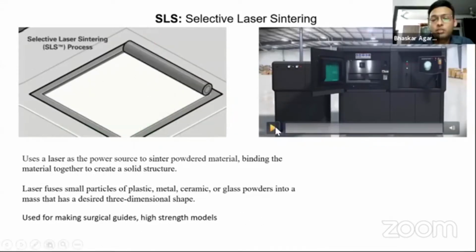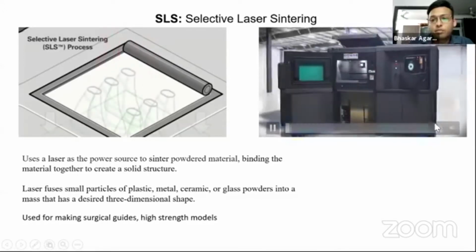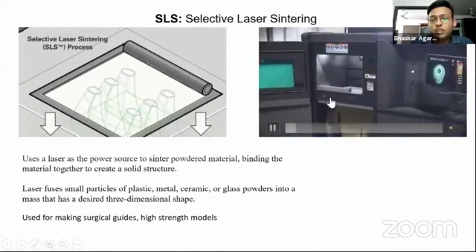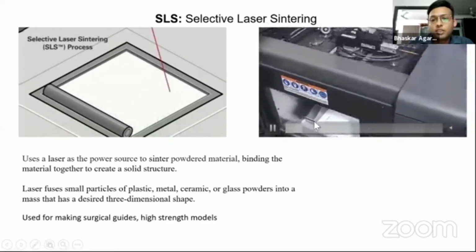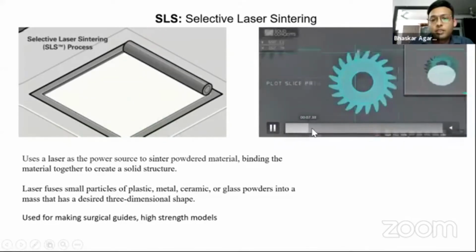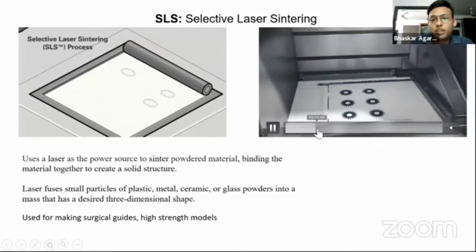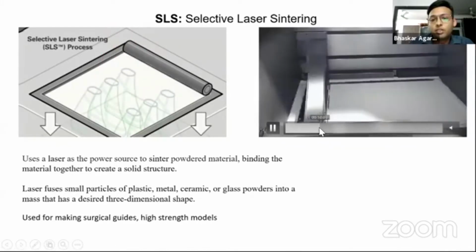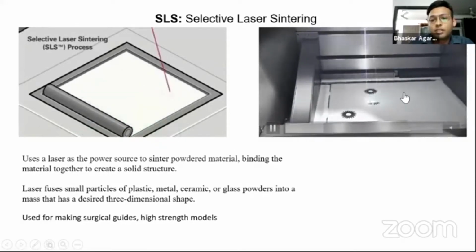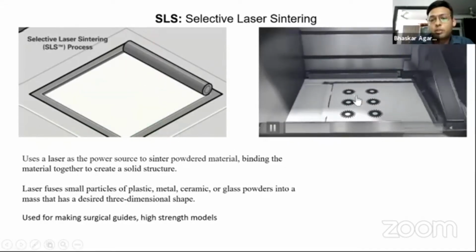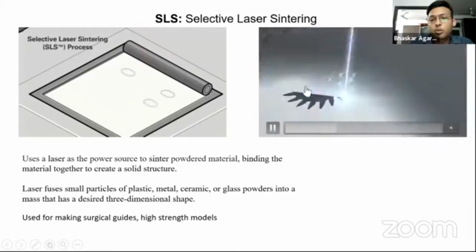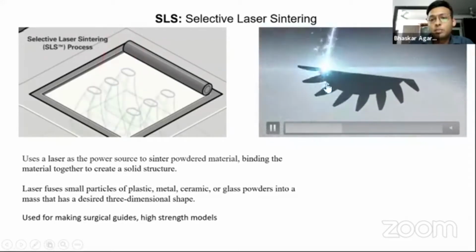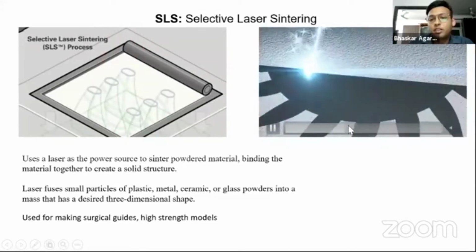We'll just see a small video of how this happens. Enter the metal material. So as you can see, the material is loaded, and here above you can see that the powder is spread, and a laser from the top starts to cure the material.